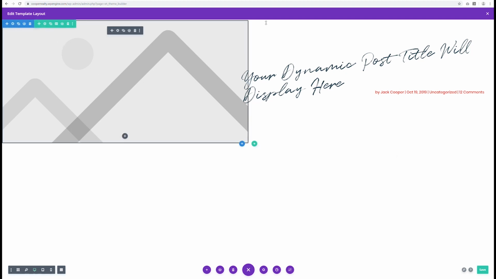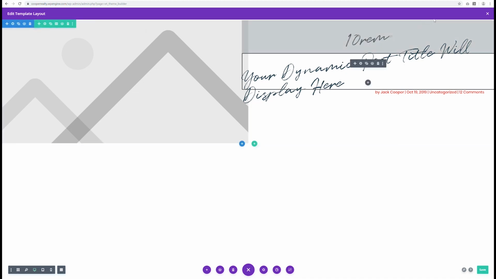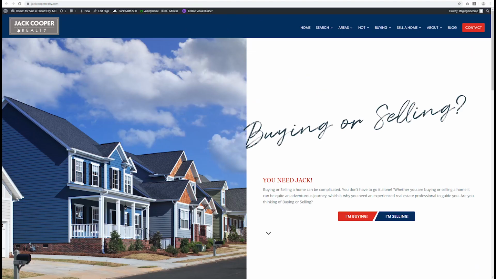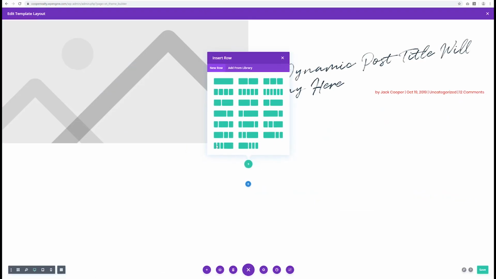We need to add another section to get our navigation in the top, because if we save this as it is, it's going to display this on all the posts, and once you're in the post, you won't be able to get back out because it doesn't have the original page navigation, this blue bar with the navigation menu items up there. So let's add a new section. It'll be a regular section,